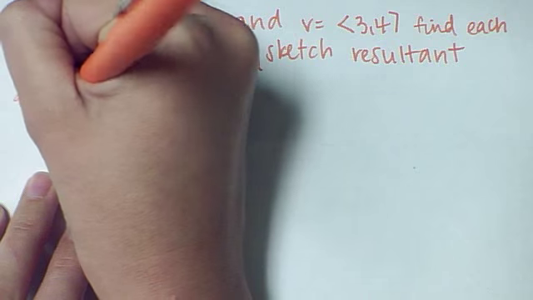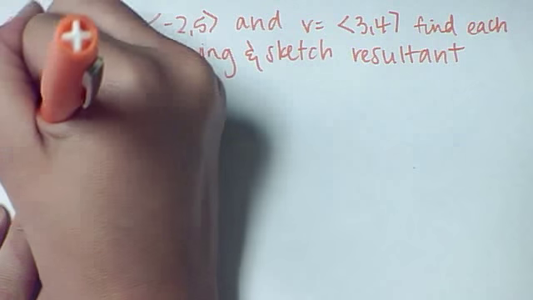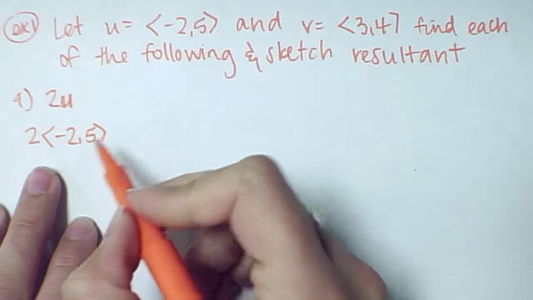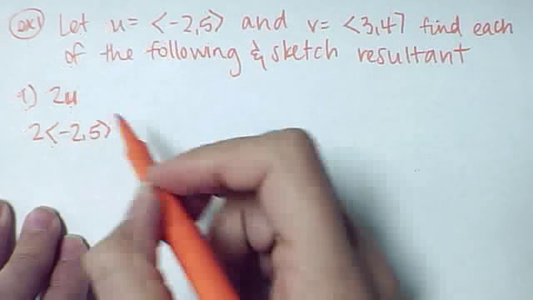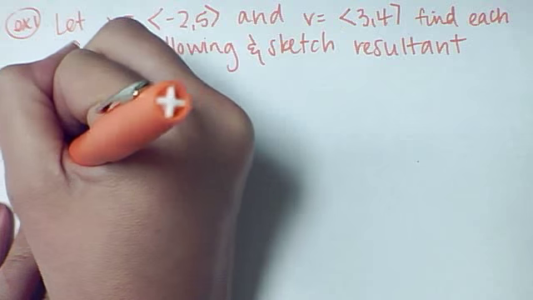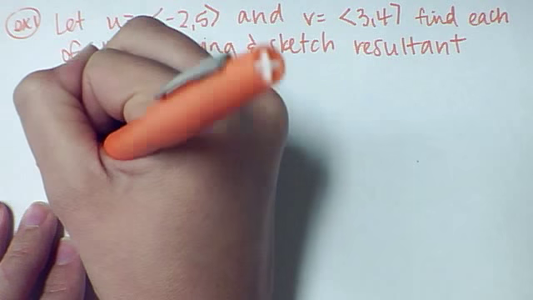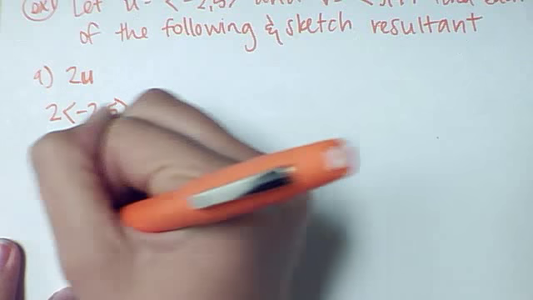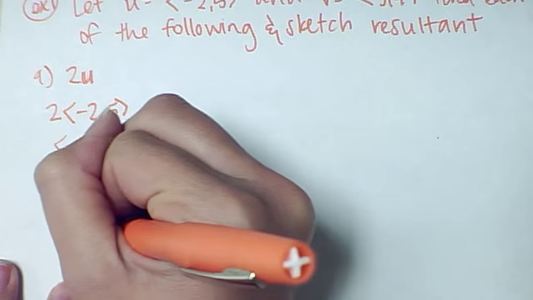If I have 2 times the vector u, I'm going to do 2 times, my u was negative 2, 5. So I'm going to do 2 times negative 2, 5. 2 times negative 2 would be negative 4. 2 times 5 would be 10, and so my resultant vector is negative 4, 10. If I draw a sketch of that,